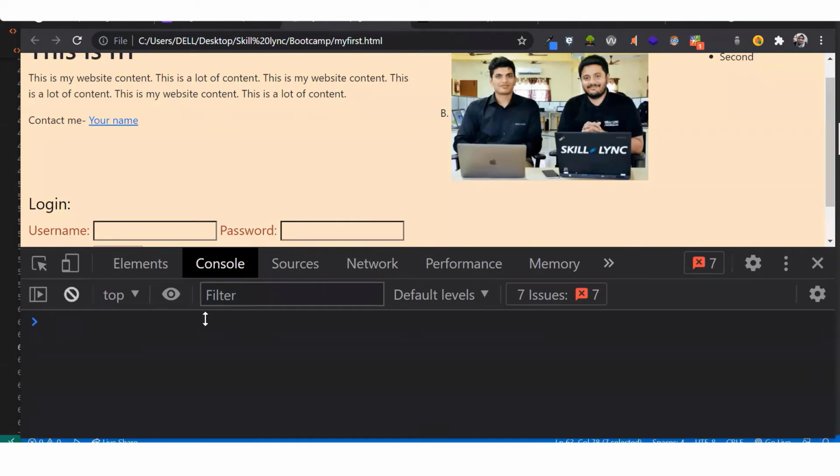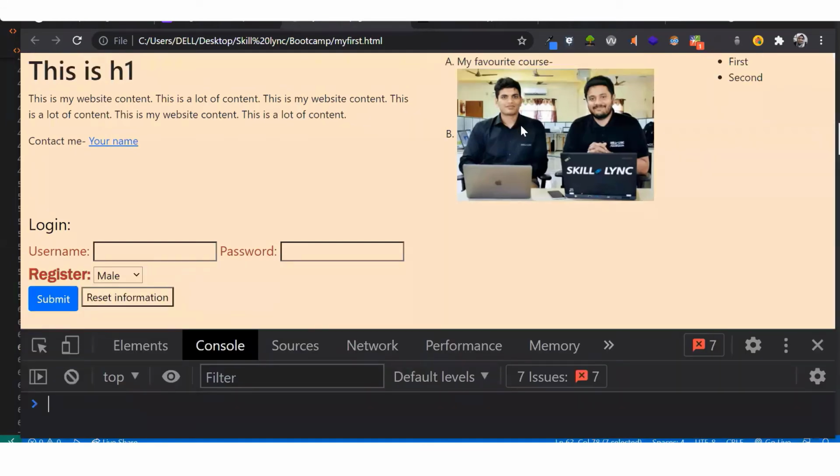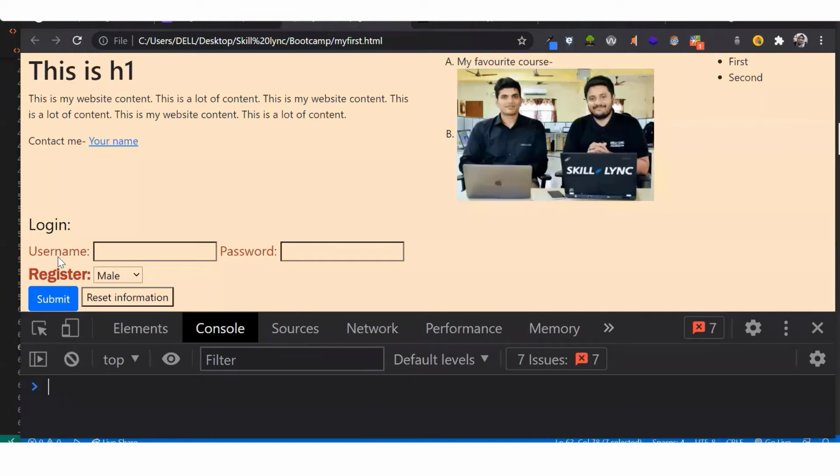So this is a very fun part of JavaScript. You can manipulate this whole document object model. You can change text. You can add event listeners on different things. You can change the HTML. You can do so many things. In fact, why not I show you where you can get all the events.